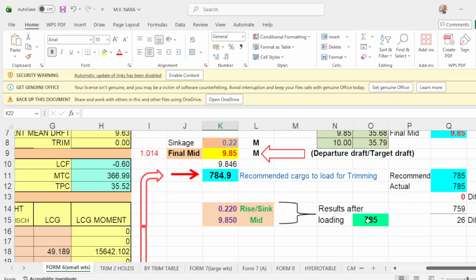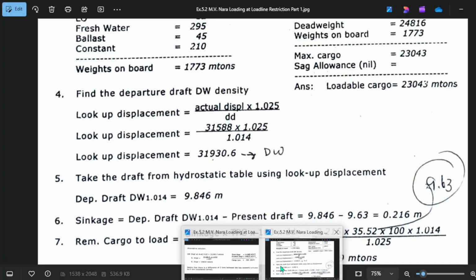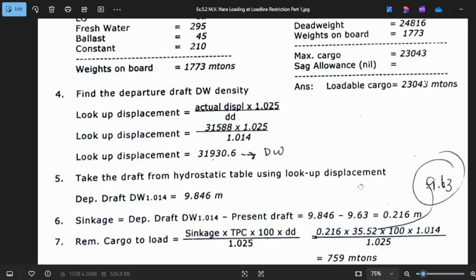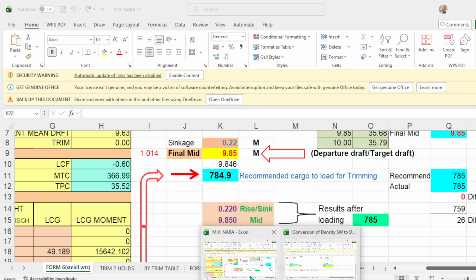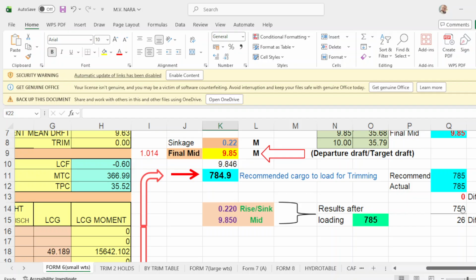So you have to load 785, your cargo remaining to load. And take note of the cargo remaining to load is 785, but the solution he got here is recommended cargo to load is 759. So 759, so you have 26 tons more, but you get the exact drop of 9.85 and sinkage of 0.22.